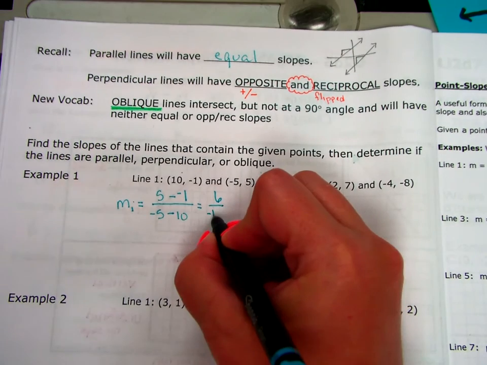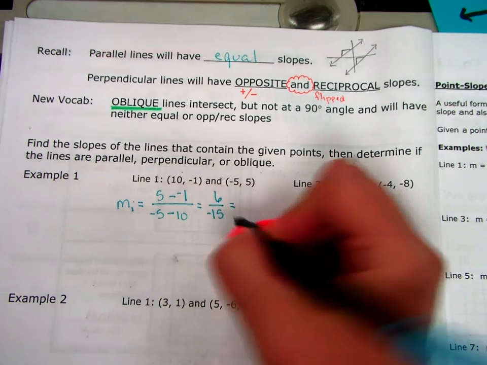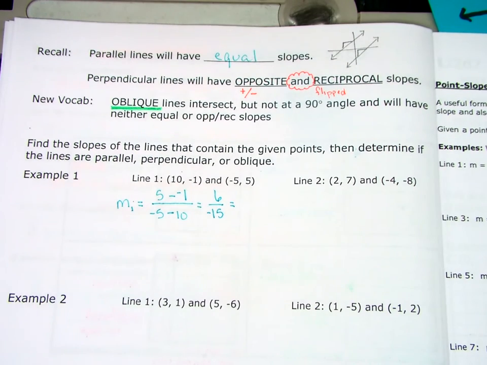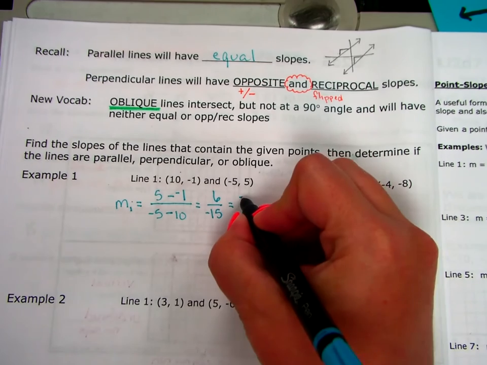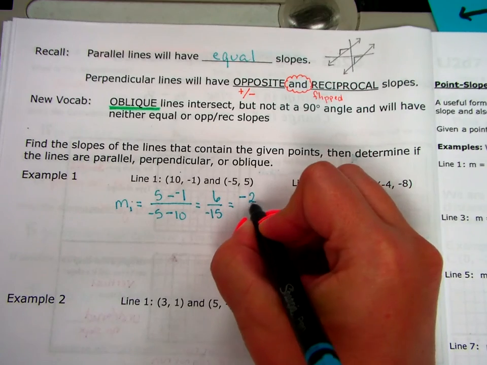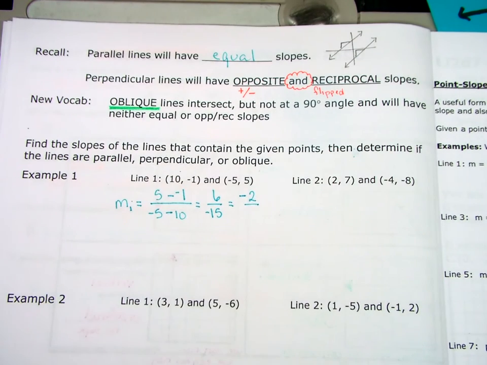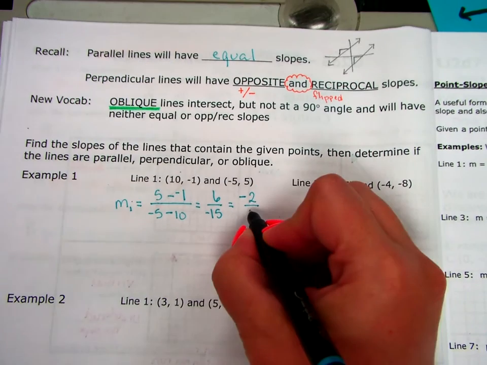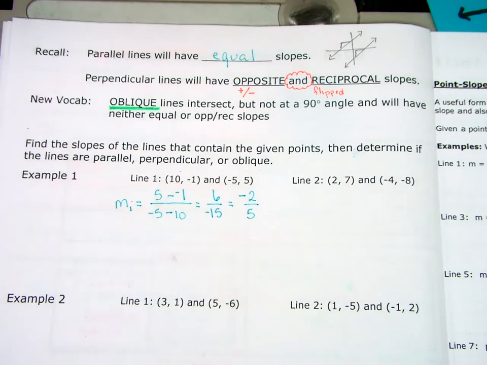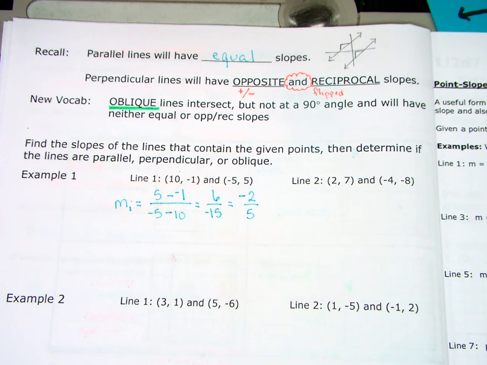Does this reduce? What goes into both 6 and 15? 3. So I'm going to move my negative to the top. 3 goes into 6 2 times, and 3 goes into 15 5 times. So my first slope is 2/5. My second slope,